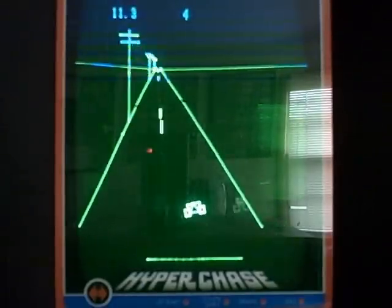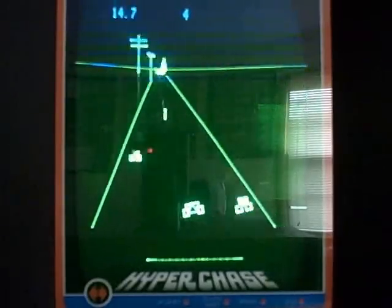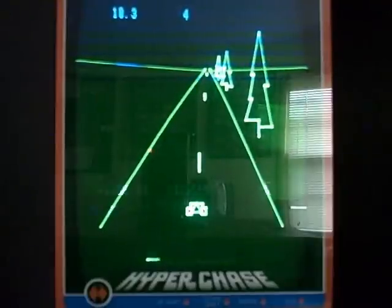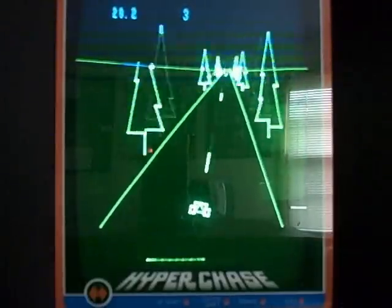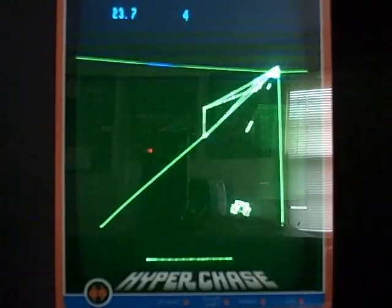So this here is a standard overhead driving game, kind of like Sega Turbo. There's two options in the game. You can either race against the clock with unlimited lives, or you can choose the game where you race until you crash 5 times. The graphics are excellent in this game, but what ruins it for me personally is the